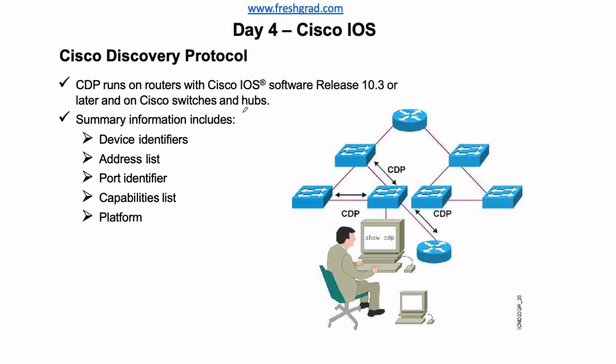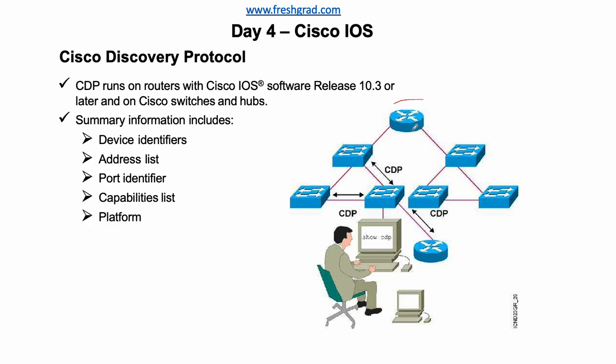So Cisco Discovery Protocol, how it works. Let's say these are all Cisco devices connected and they are running 10.3 or later version, right? So you can run the Cisco command. Even in this router, it knows the router is connected to this switch and this switch is connected to the other switch, right? When you run show CDP neighbors, you will see what the neighbors are. This router has two neighbors, this switch and this switch. And how many neighbors does this switch have? This switch has three neighbors, one router and two switches. Okay,